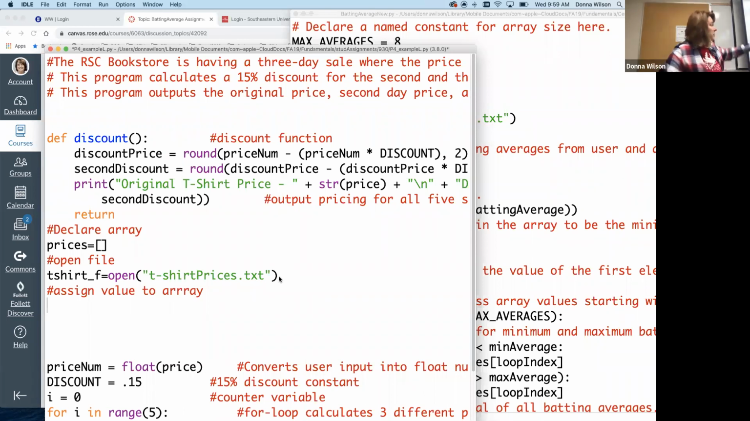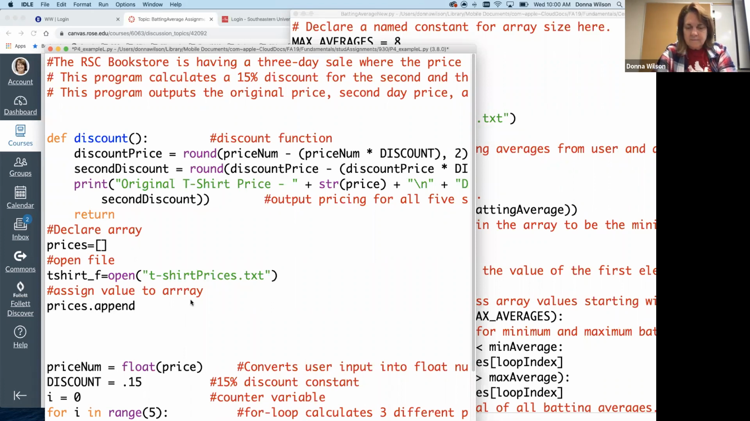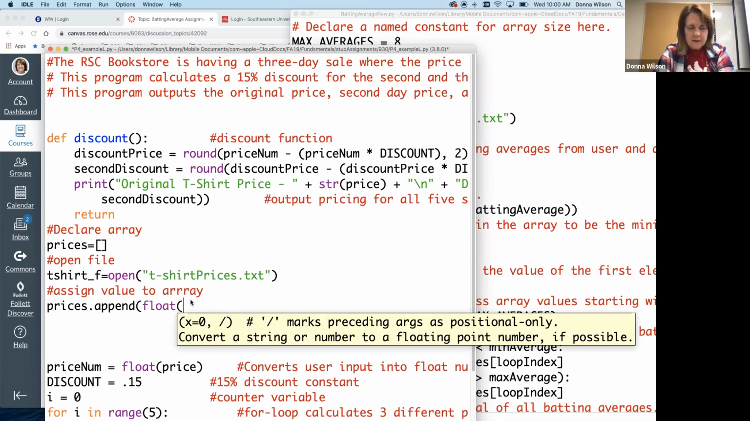What's the name of my array up here? Oh, prices. Prices, okay? So I would say prices dot append, which means use the method that belongs to prices. And then how do I do that? I put it inside here because it's a float, right? So I'd say float, and it's called,